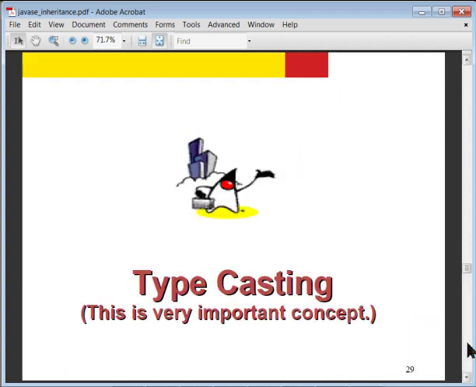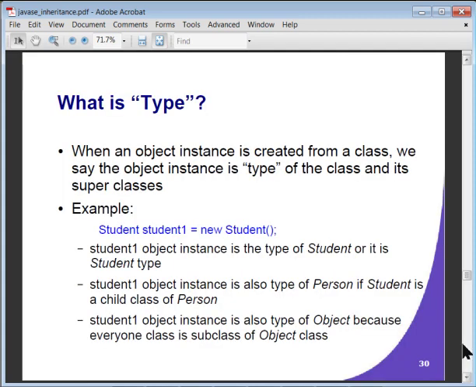Moving forward, another important concept is typecasting. So let's talk about the concept of type first. When an object instance is created from a class, we say that object instance is the type of that class and its superclass. So let's see an example of this. We create a Student object. The Student is also a child class of Person, and the Person class is a child class of, actually not directly a child class of Object, or it could be it's also a child